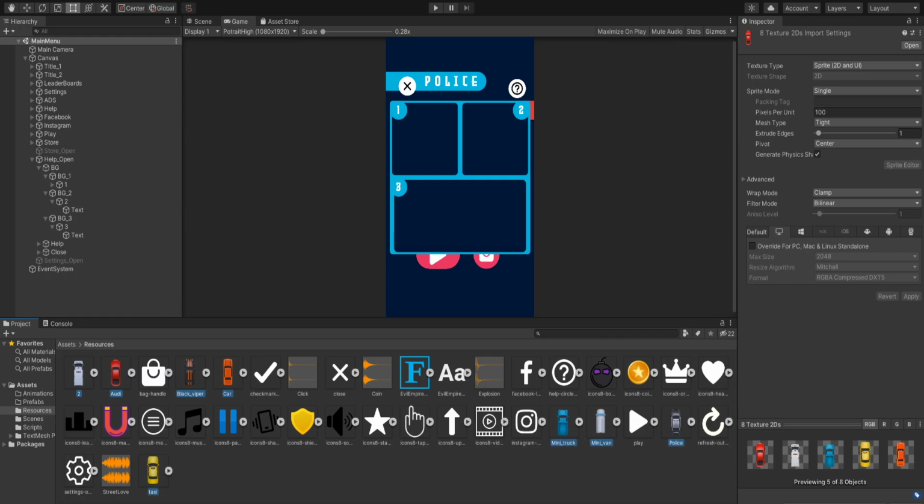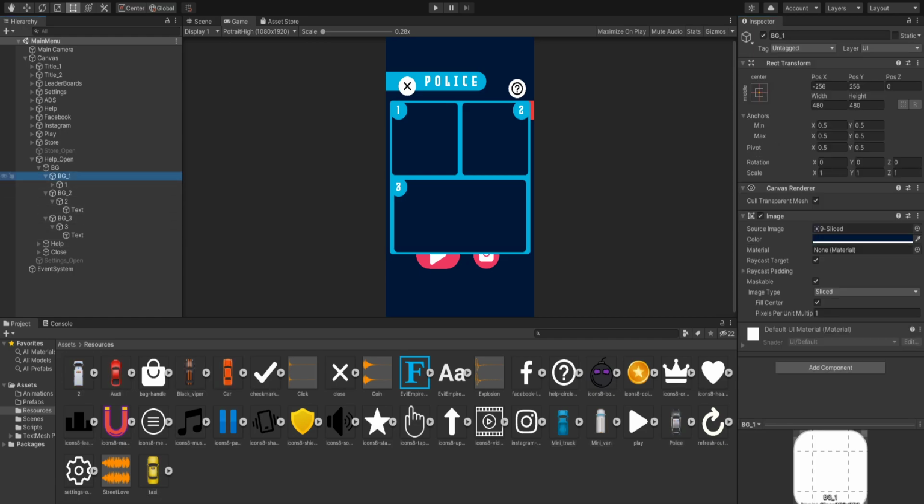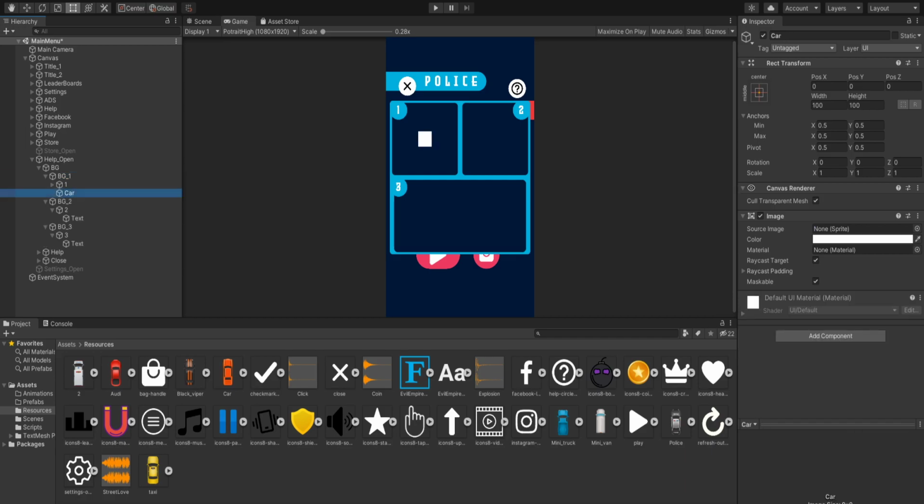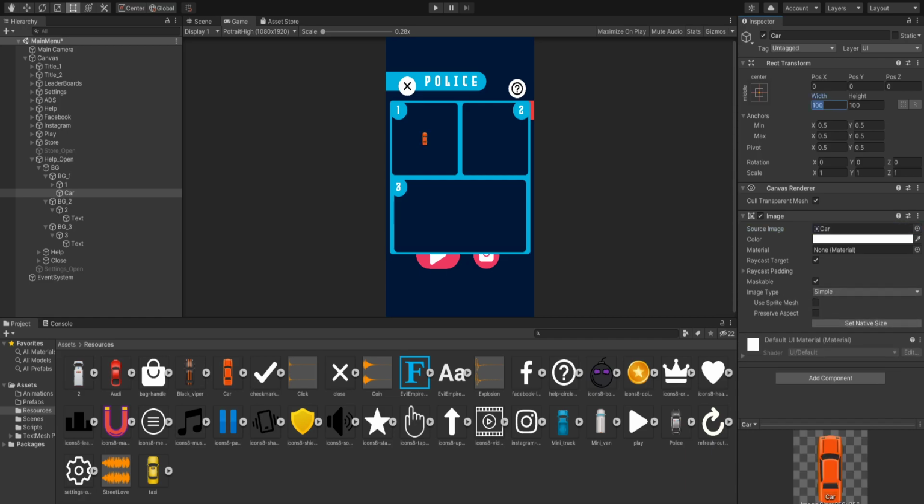There should be a 1, 2, 3, 4, 5, 6, 7 and 8. We'll set the pixels per unit to 128 because we are going to use it afterwards. And here, instead of 1, we are going to add an image, and this one is for the car image, and we'll use the default car. And let's set up its size to 256 by 256,